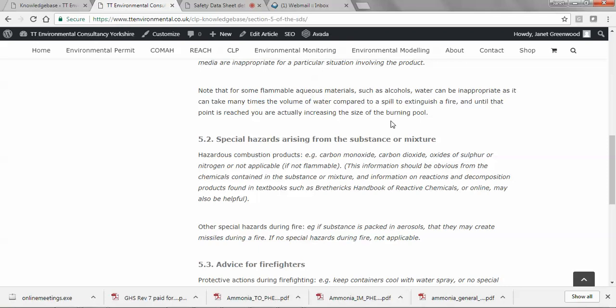You may have other special hazards. For example, aerosols may create missiles during a fire, or you may have a gas released during a fire, which is not a combustion product, depending on how the product's packed and stored. Again, if you are not a chemist,